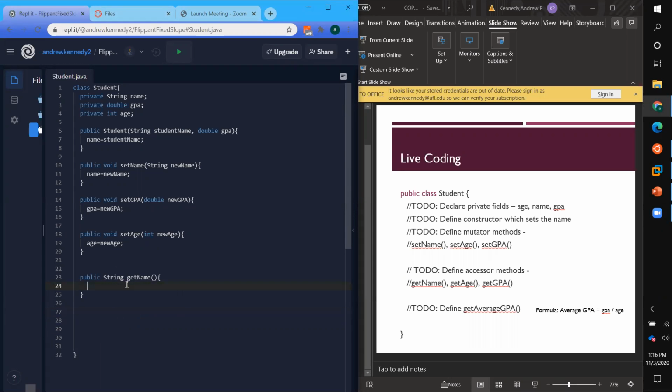So in this case, for the get name, we're just returning the name, right? And it's going to be the same thing for the other two, just different data types. So I'm just going to copy those over. And for the GPA, it would be a double, right? So we're going to do get GPA. This ends up being a lot of code, but notice how a lot of it is similar. So that's one good thing about this. Like get age,